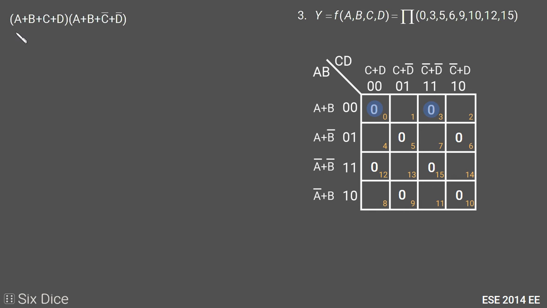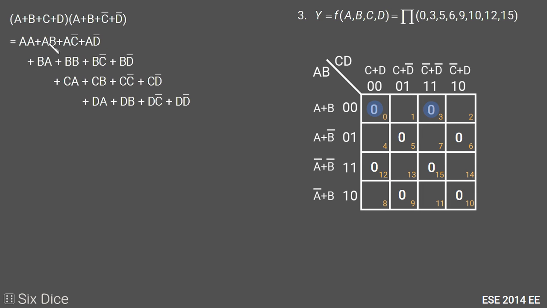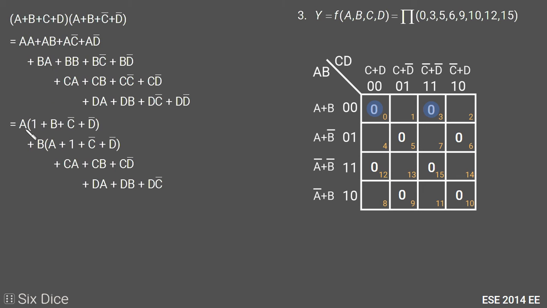So now we will minimize. We will open this small bracket here, so we will end up with 16 terms. So a multiplying with a, then a multiplying with b, a multiplying with c bar, a multiplying with d bar. You can pause the video and see for yourself how the multiplication is done. After multiplication, we take out a common from all terms which have a common, and b common from all the terms which have b common. So at the end we will end up with a plus b plus c a plus c b plus c d bar plus d a plus d b plus d c bar.